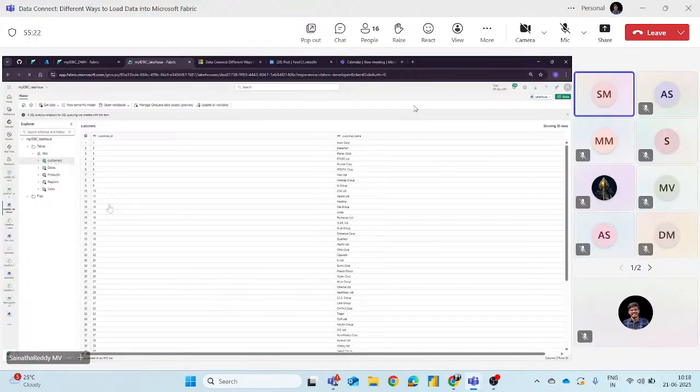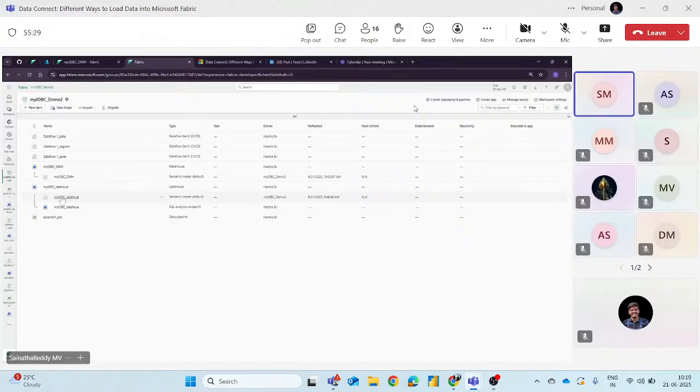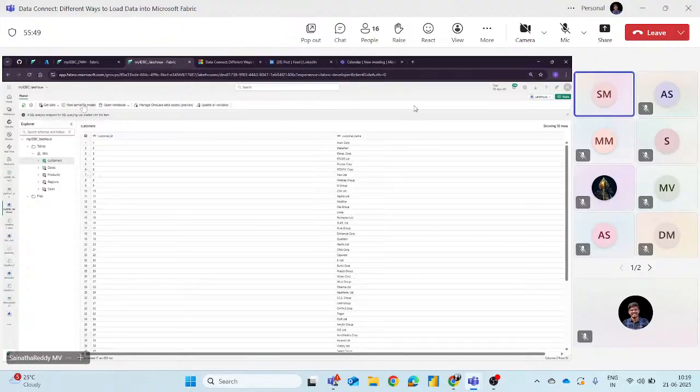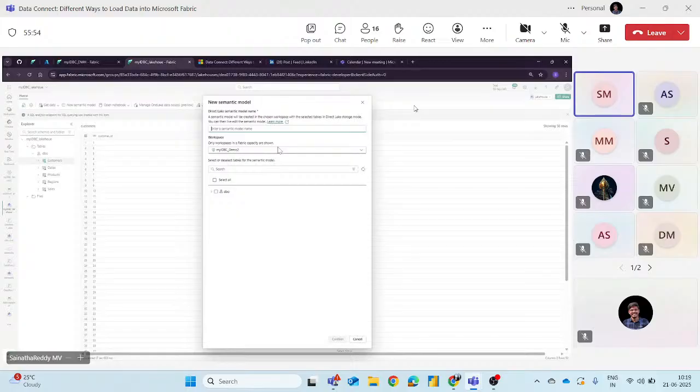Now I want to create a semantic model. If you see here, there is already a semantic model, I think. So this is a semantic model, right? In this semantic model, if you see, there is a gray out, right? Write DAX queries or open model are grayed out, you cannot edit here. For this, we need to open our lakehouse. Now, if you see, there is a new semantic model option, right? You can click here and get an option like semantic model.